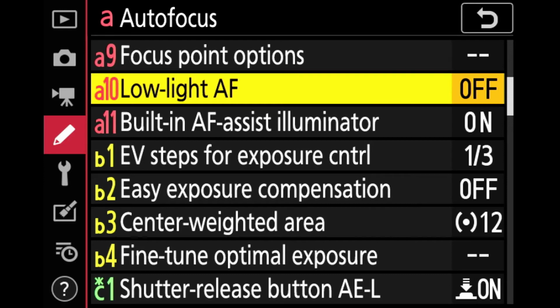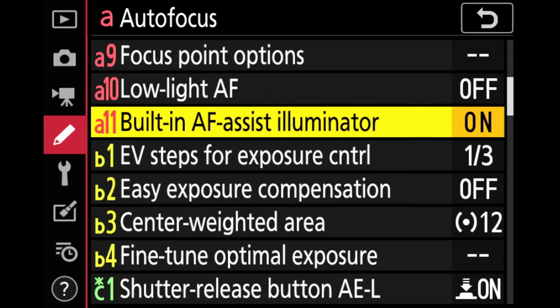So this works best when we are working in low light and autofocusing is required. But when we are shooting in the normal situation, and if we keep it on, the response to the focusing speed is a little bit sluggish. So unless I'm shooting in a low light situation, I normally prefer to keep it off.